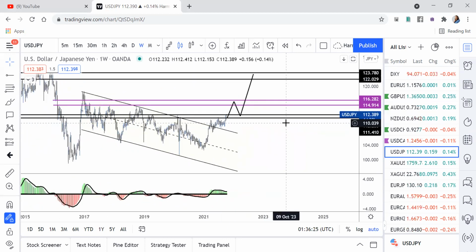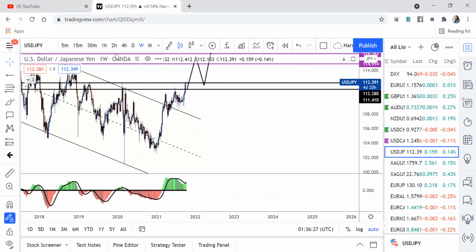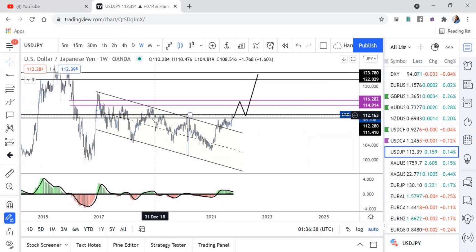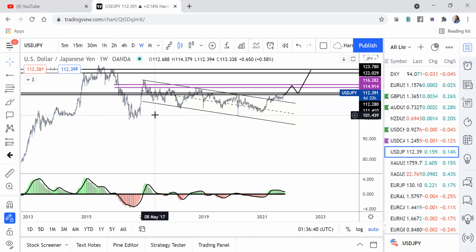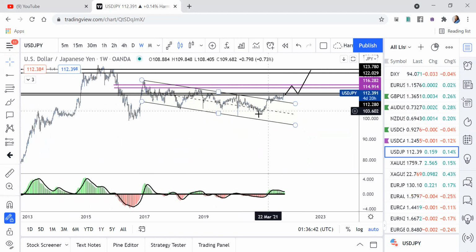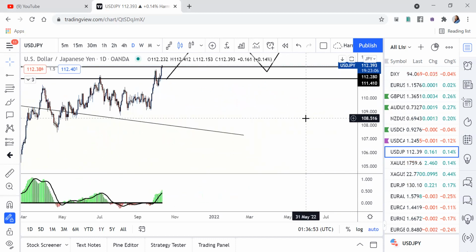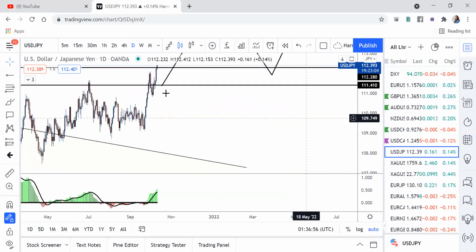So we're looking for UJ to come all the way back up to here, testing here first. Okay, so just giving you guys the bigger picture. All right, we got a lovely flag here on UJ, looking for it to come back up to these highs here on the weekly. So as of right now,